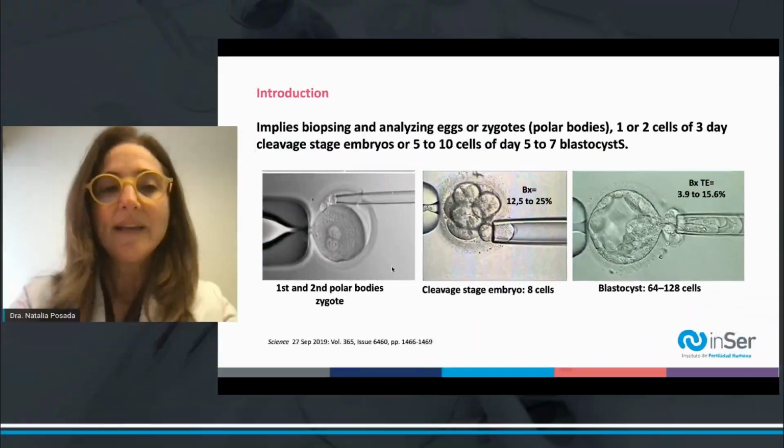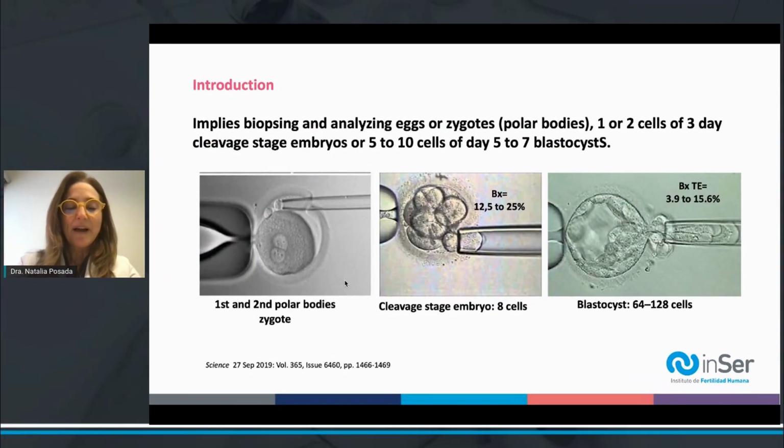As its name implies, we are referring to the analysis of either oocytes, fertilized oocytes, or embryos before they are transferred to the uterus. So when we analyze oocytes or zygotes, we are actually doing an indirect analysis through the biopsy of the polar bodies. In the case of cleavage stage embryos, we usually extract 1 or 2 cells from a more or less